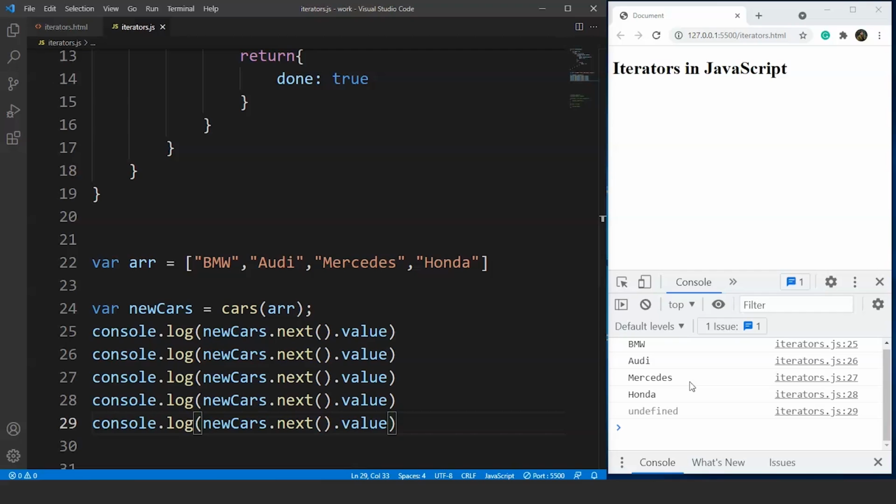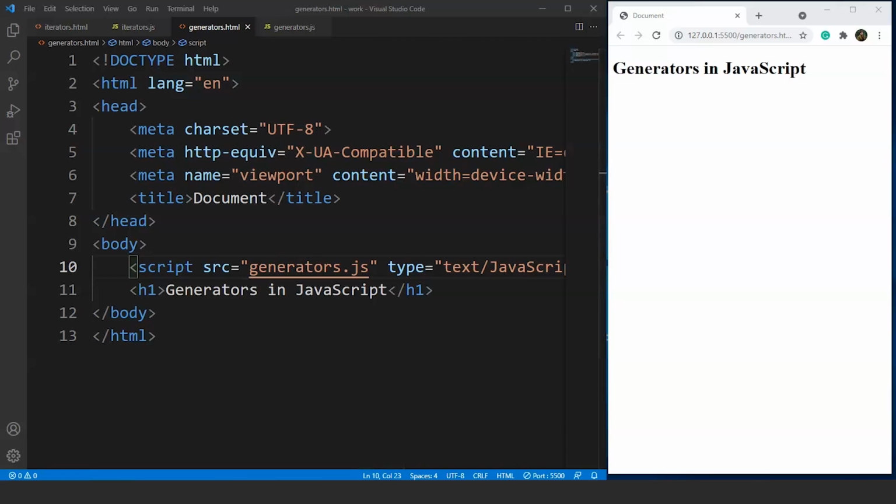Now let me tell you guys the practical use of iterators in JavaScript. There is no practical use of this topic, but you may find it helpful from an interview point of view. You may get questions from such topics because these topics are pretty tricky and time consuming as well. So this is an excellent topic though. If you want to access the elements of an array or maps in a sequence, then you can use iterators for such tasks. We used iterators previously, and we know that an iterator is an object that uses a method to return an object with two properties, value and done, right?